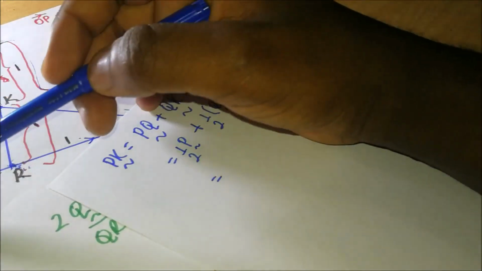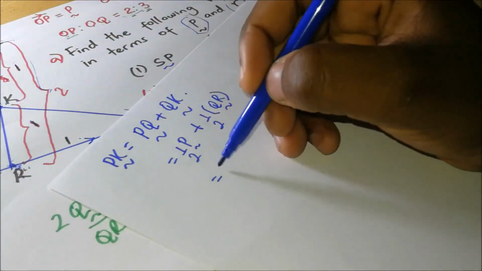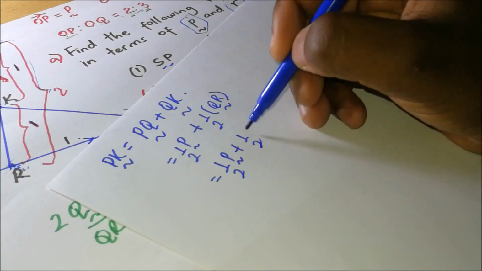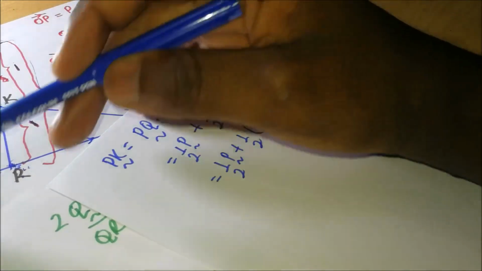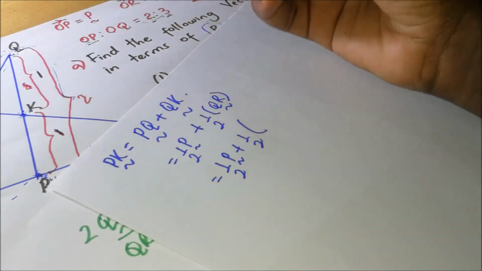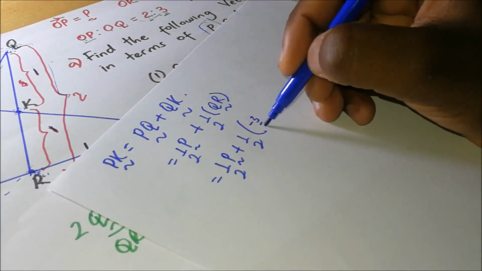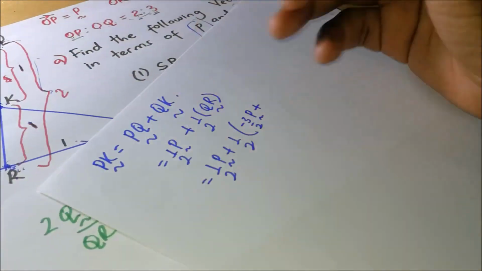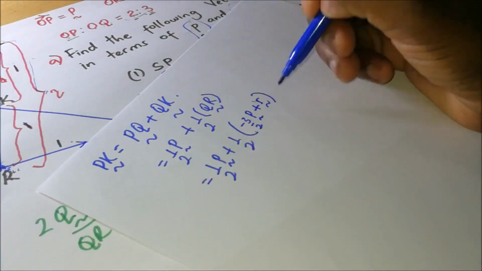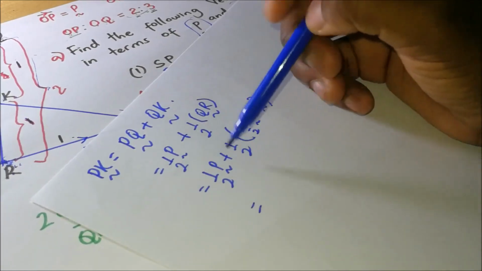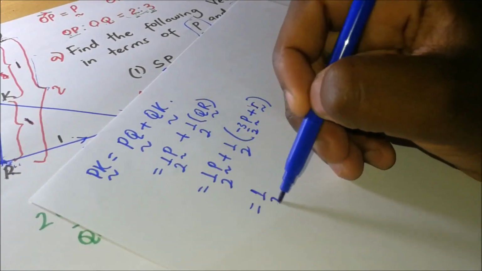QR is QO plus OR. So this is going to become a half P plus a half into QR. QR is QO. Now QO is negative 3 over 2P. So it is negative 3 over 2P plus OR, which is R. And the rest is just adding. So it's a half P